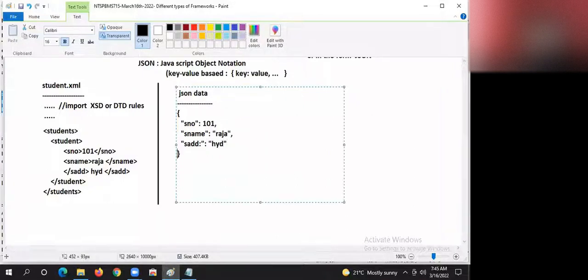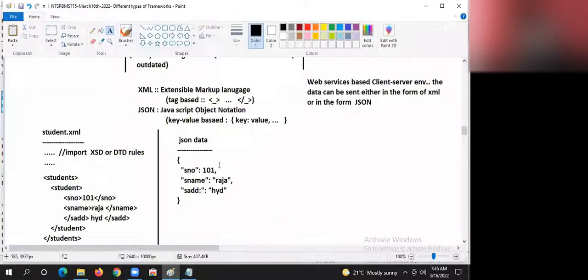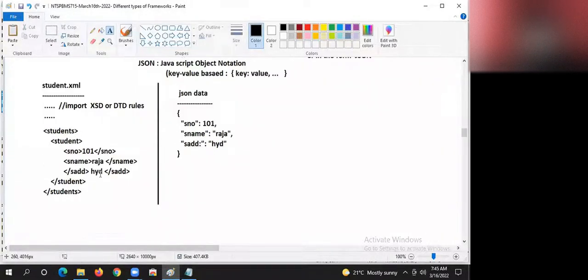Tell me, guys, which is lightweight, my dear? JSON is lightweight or not? Here data is less, decoration is more, right? Data is less, decoration is more. It's like a heroine. XML is like a heroine, right? XML is like a heroine: acting scope is less, character scope is less, but takes a lot of time for makeup, right? I'm not commenting on ladies. I'm commenting on heroine material only. Don't take me wrong, right?